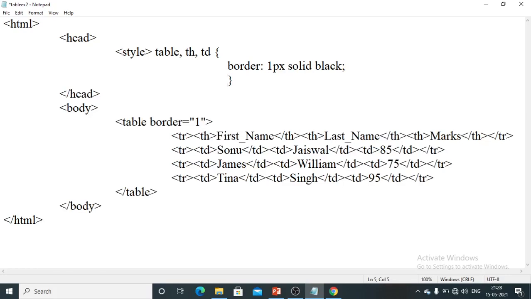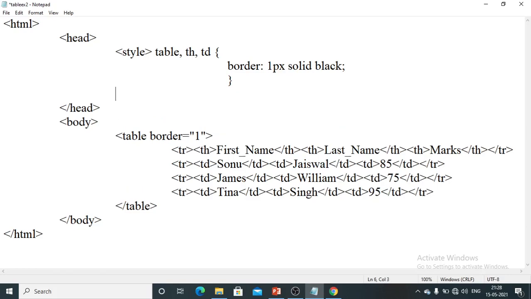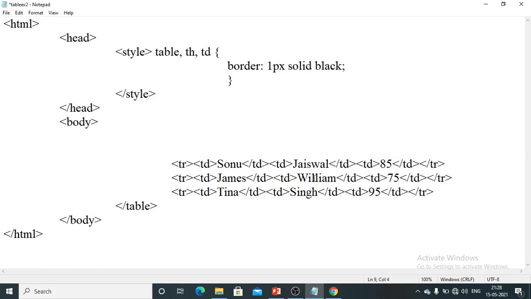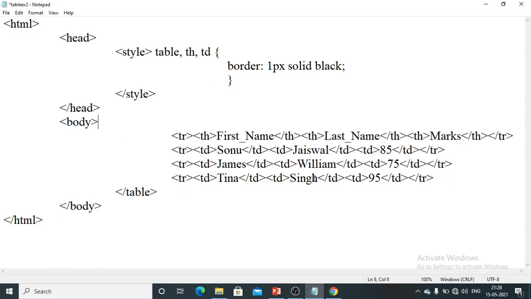Let me check what happens when I mention things for style. I need to close it. See guys, if you don't remember, it will get an error. I will close the style. Once I utilize the CSS property, there is no need to mention the border attribute with HTML.